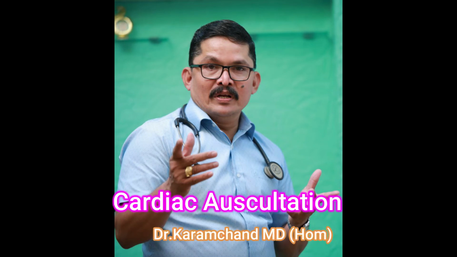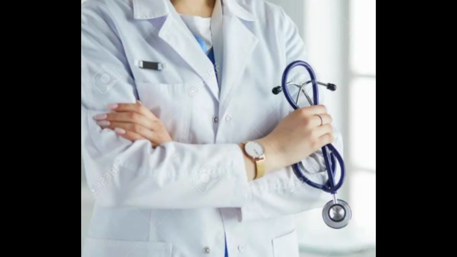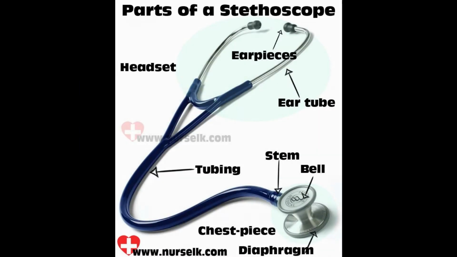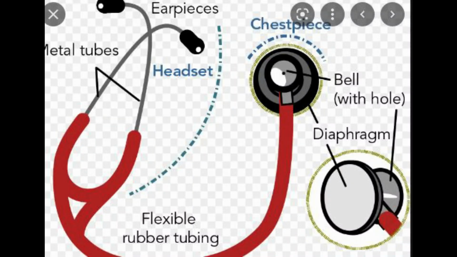Welcome to all. Today we are going to discuss the most important aspect of cardiovascular examination. As you know, that is how can we auscultate the cardiac areas with the help of a stethoscope. Regarding the parts of the stethoscope, in the chest piece the larger area, what we call the diaphragm, is commonly used to hear the cardiac sounds or the heart sounds, and the earpiece,